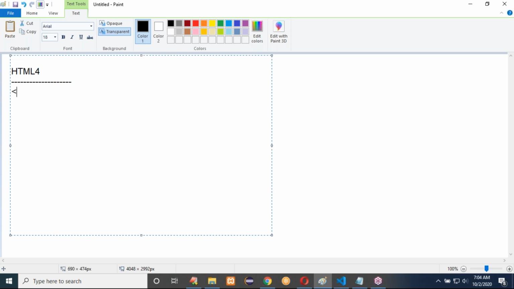Under this, we discussed how to write an HTML document. We start with the doctype. Here we write HTML, and next we write the root tag of HTML like this. We start and close the HTML root tag like this. Here we can write the head section, and next we can write the body part, body, like this.